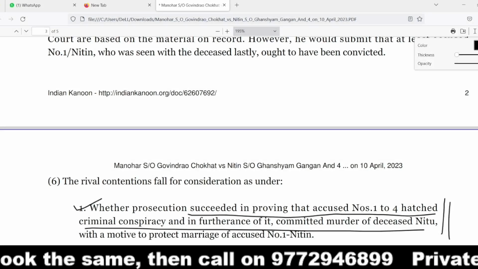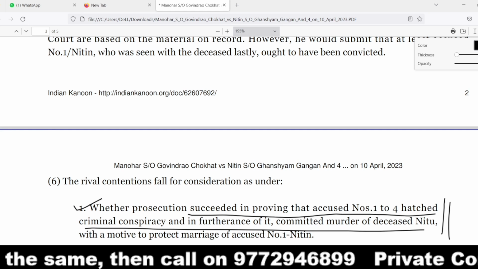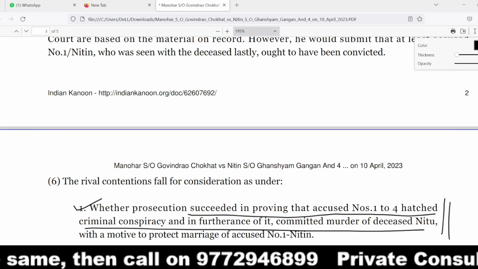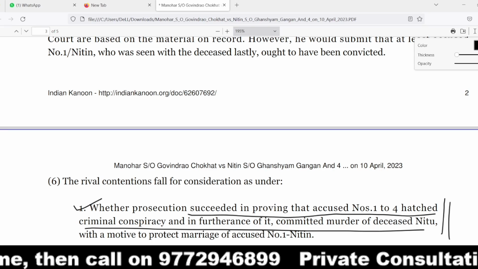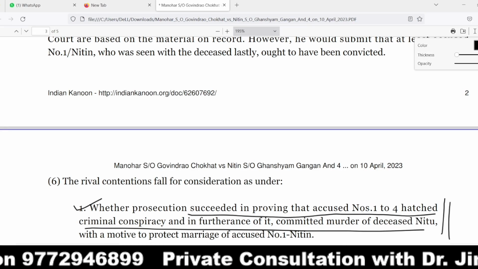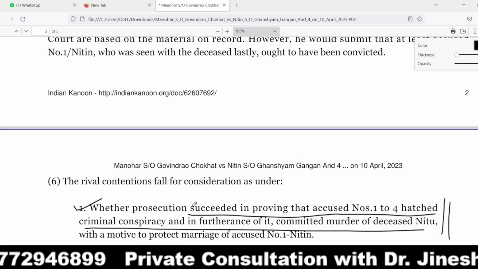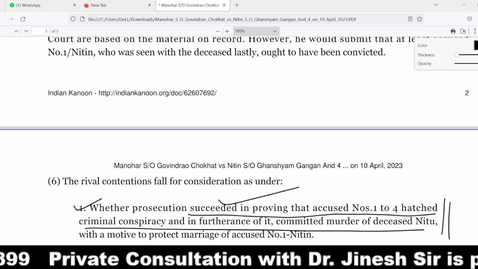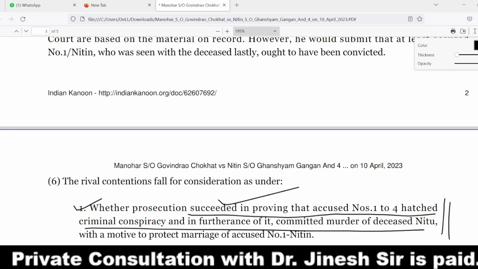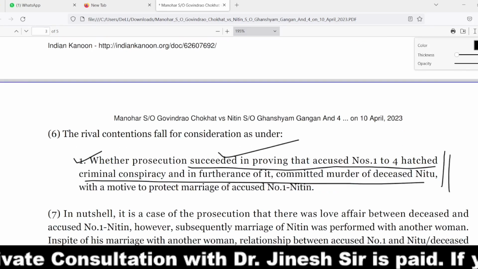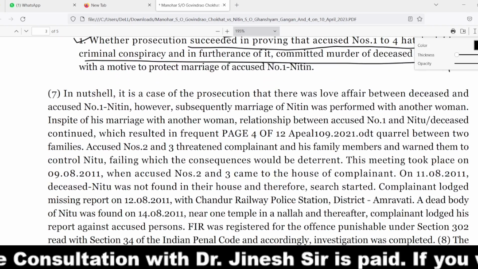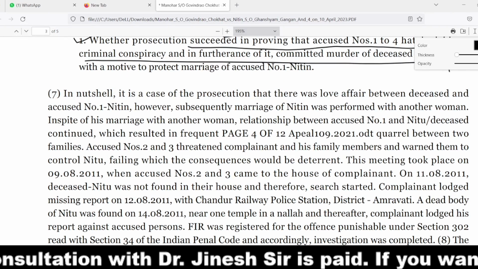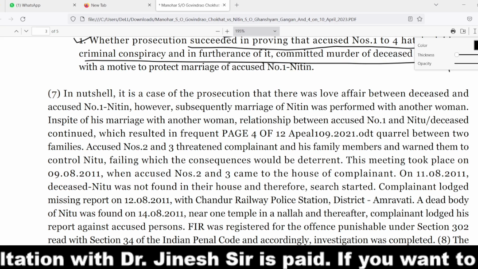You have to remember one thing: whenever a case is brought before the court, the court frames the charge. And charge means the cause of action, the point to be determined. So in the present case at hand, the point to be proved, as I told you earlier, is whether the prosecution succeeded in proving that there was a conspiracy and in furtherance of it the murder was committed. And after the court examined the entire case, the court is of the view that it is a case of the prosecution that